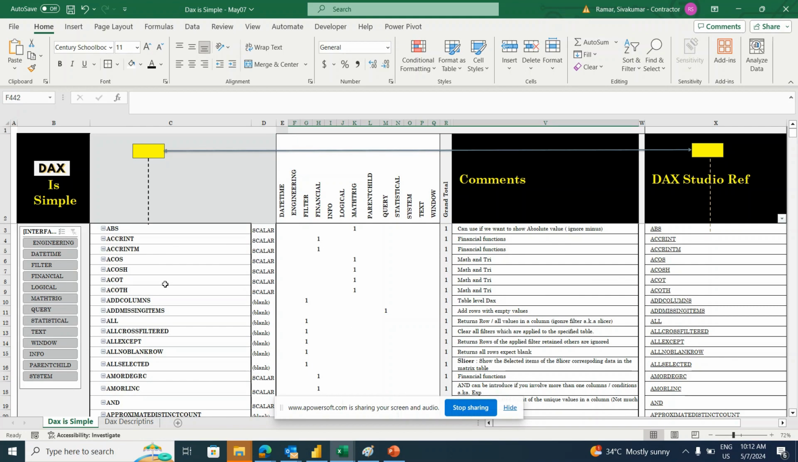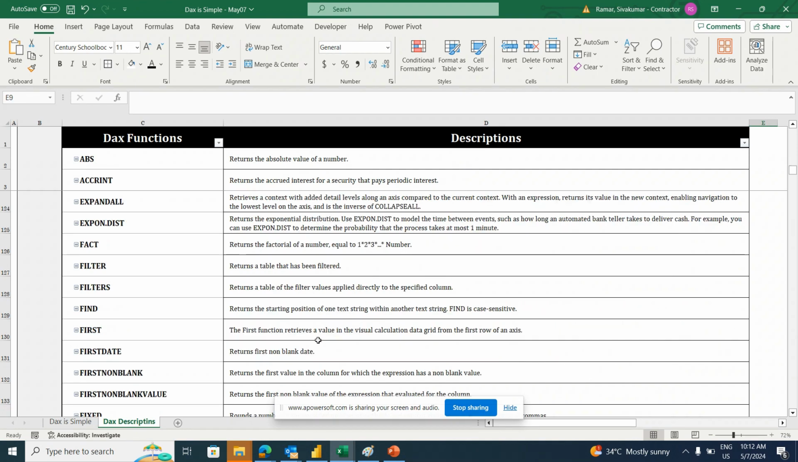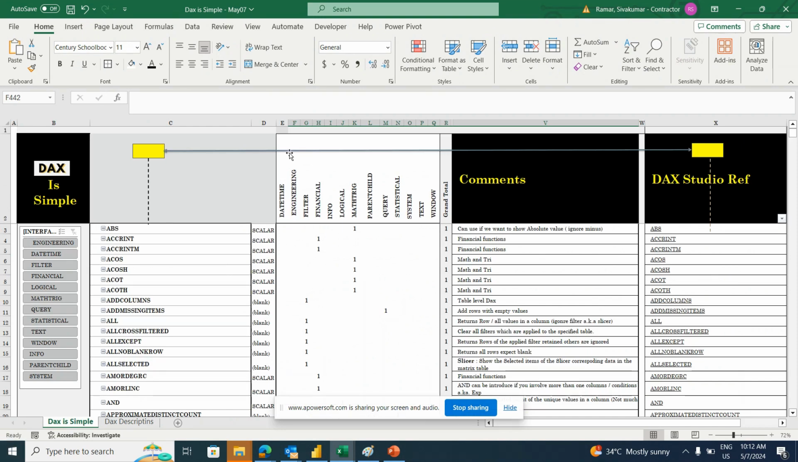I'm just giving random, approximate numbers for any developer here. And if you want to see the DAX description, you can see the DAX functions with their respective descriptions here actually. I hope this presentation will give you a lot more insight, and you can directly make use of this Excel sheet while you